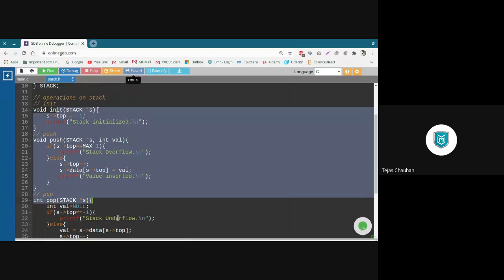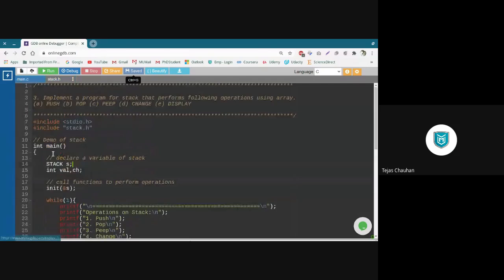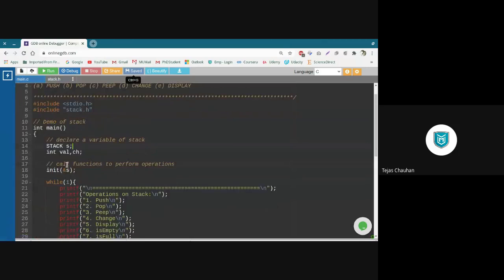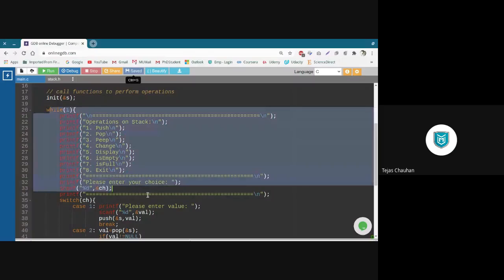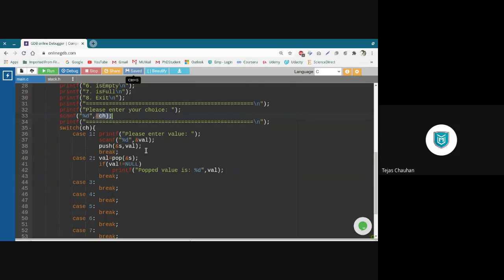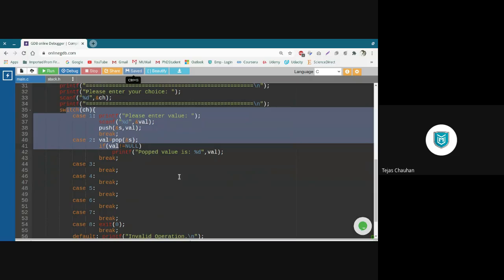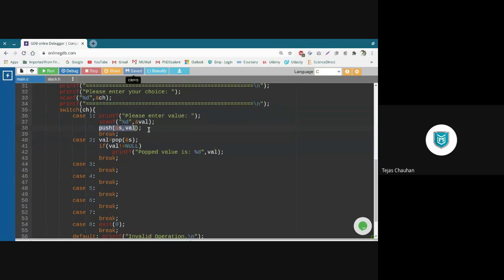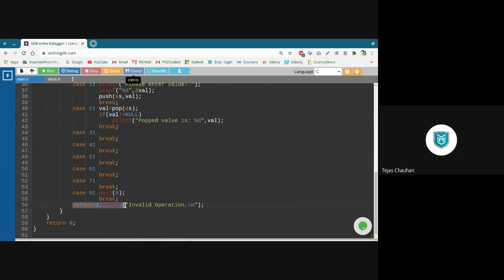Now we want to test these functions also. So in our main file, we have gone for the menu driven code, and based on the choice, we are going to have switch cases, and based on the case, every function will be called properly. And if that choice is not proper, then an invalid operation default message.